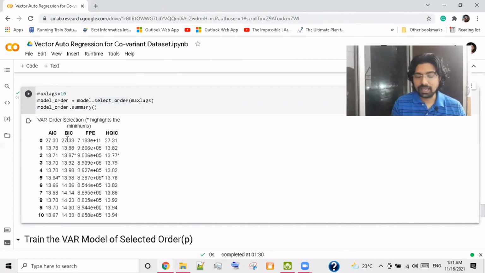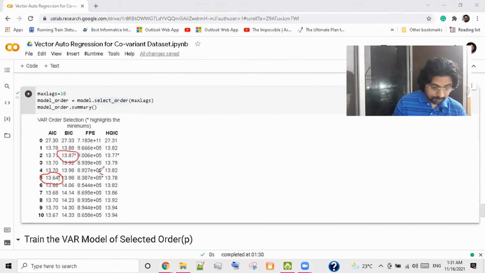I'll go with the AIC score, and the beauty is it will give you a star at the minimum. You just no need to search for it. So this is for AIC, this is for BIC, this is for FPE, and this is for HQIC. So I'll go with AIC. So my lag is